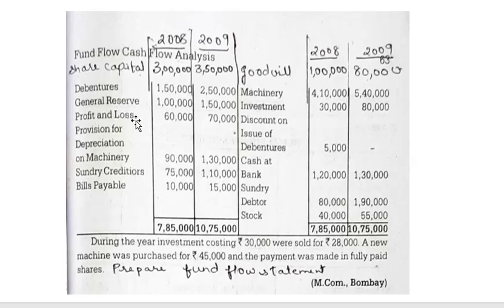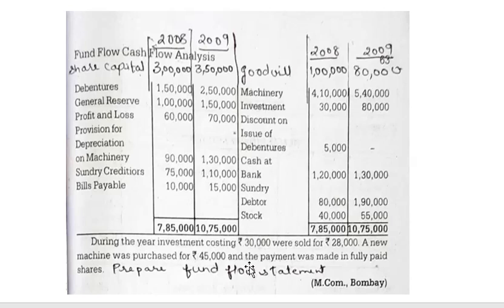And then the profit and loss account comes in the adjusted profit and loss account. Provision for depreciation. See, depreciation you have to check. There is an increase in depreciation, so they have created a provision. So find out the difference. The difference will be in the adjusted profit and loss account. Sundry creditors and bills payable are both current liabilities. These current liabilities are to be entered in the working capital statement. Now let us see the adjustment.